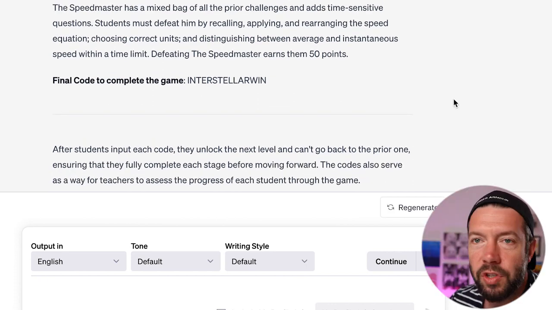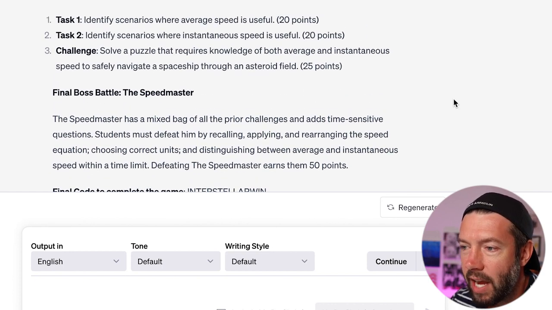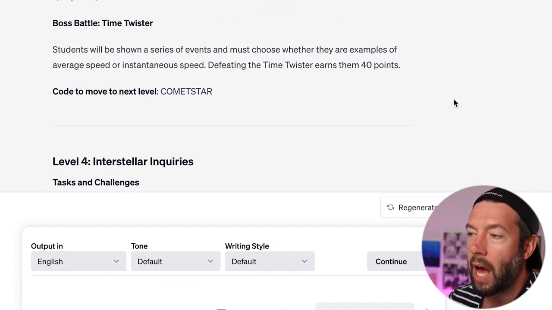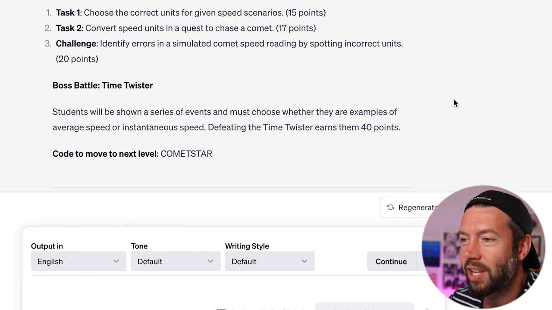So there we have it. We've just seen it provide information regarding the different levels, tasks, challenges, final boss battles, and the points you can award for each one. Great. Thing is, again though, I actually want it to provide me